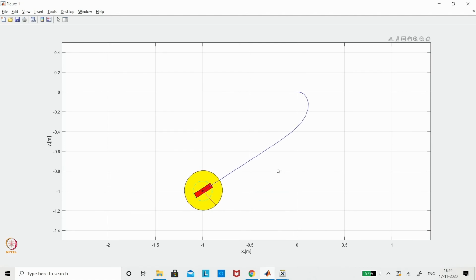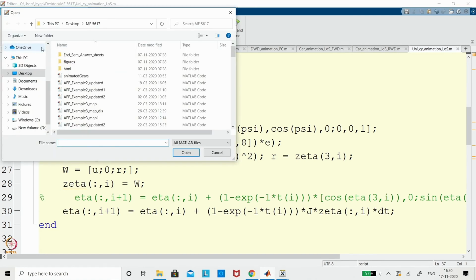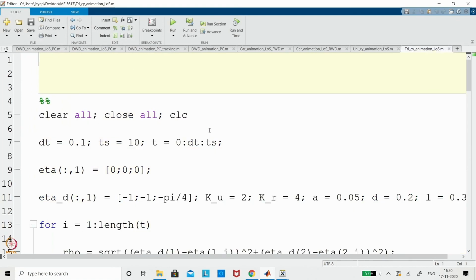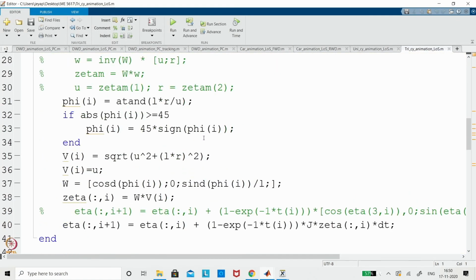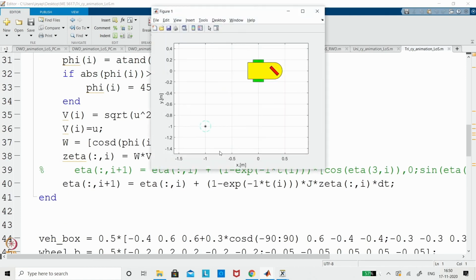So this is the unicycle. Similarly, only one is left that we did not discuss, that is the tricycle. I will take the tricycle also here and run that. You can get a feel for how that will happen. So you can see the tricycle model. The tricycle model we in fact derived in our own lectures. Now you can put that into a case. Now you can see the vehicle trying to do it. This is a forward wheel drive, but it is a single wheel. So this is what we have seen.